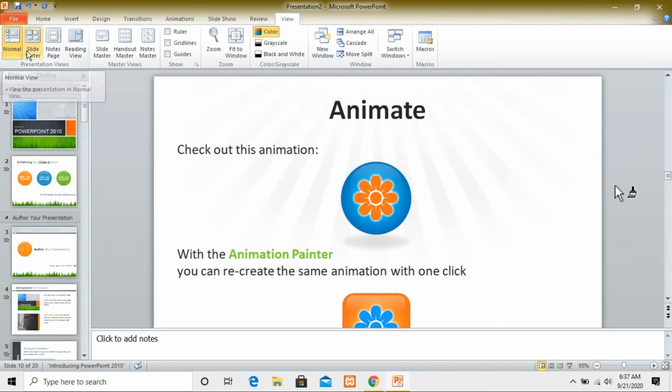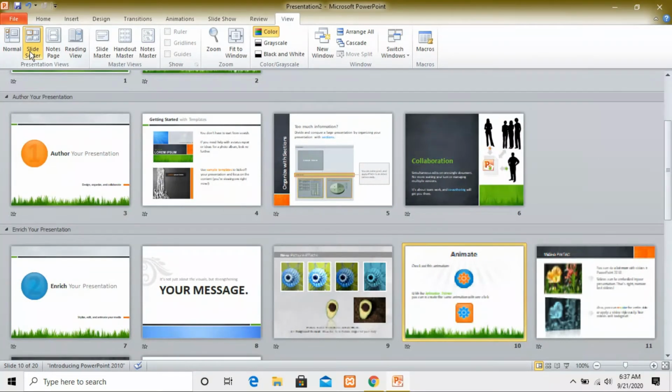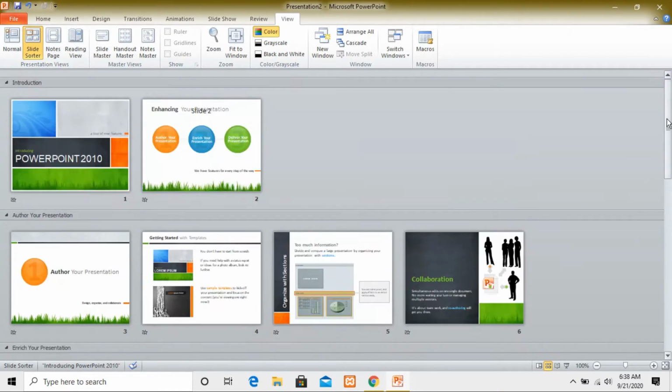Now if you click on the slide sorter view, it shows the presentation in small size. You can see here that all the slides are in small size. You can recognize all the slides and sort them according to your need.